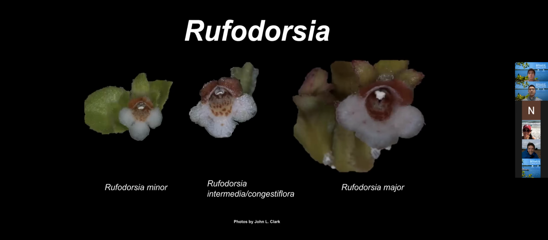The Rufidorsia congestiflora has corolla lobes that are unequal. The leaves are long, dense, and the calyx lobes are equal. The seeds are dry and have a reddish-brown color. The minor is the smallest and the major is the largest. The major and the minor share many morphological similarities, but the major is essentially a much larger version of the minor.